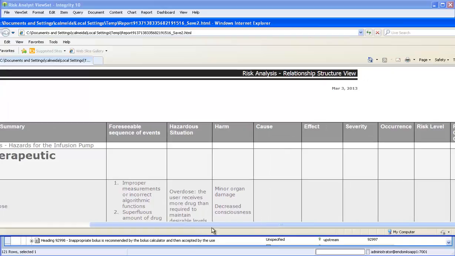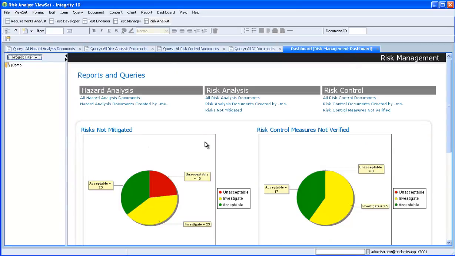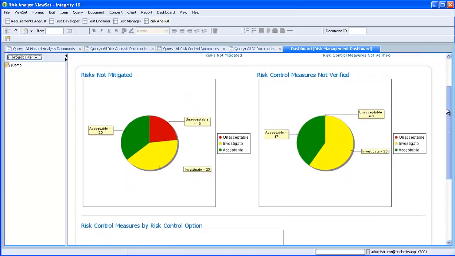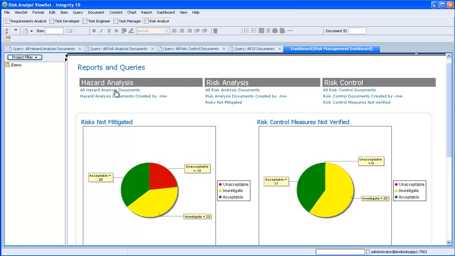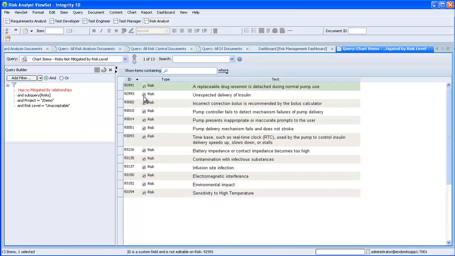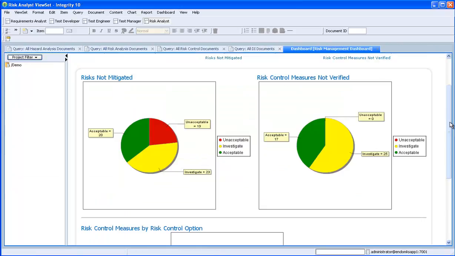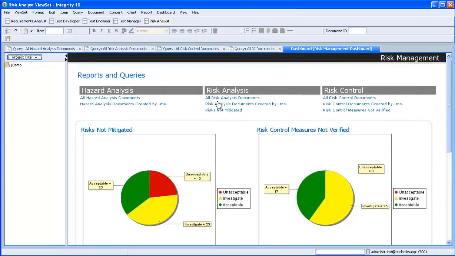Also, what we have available is the use of our dashboard. Close this up. So here I've put together different charts that are specific to risk management. I can show all my hazard documents, the ones I own, my risk analysis ones, my risk controls, and then we can chart it. And furthermore, these are live charts, so I can click into here and see what my unmitigated risks are. This is customizable, so essentially what you would need to give to us is what you want to see. These are simply queries here, and how you want the data